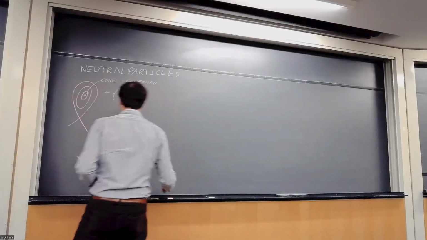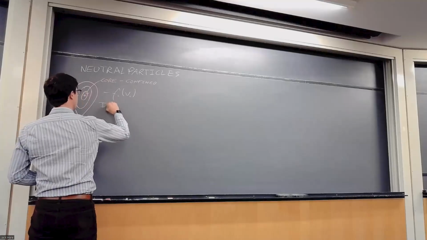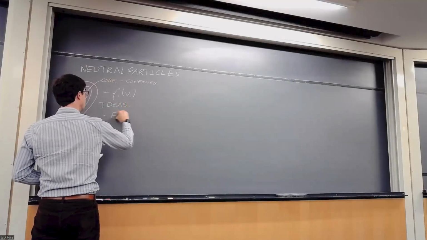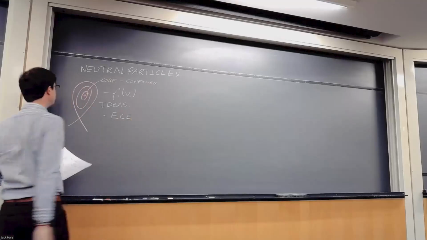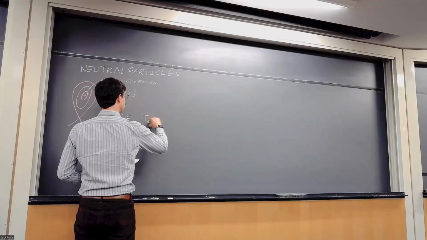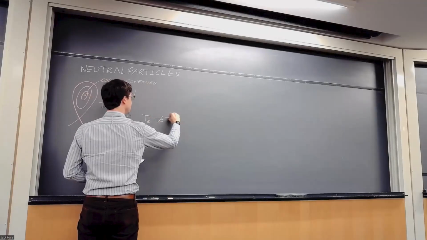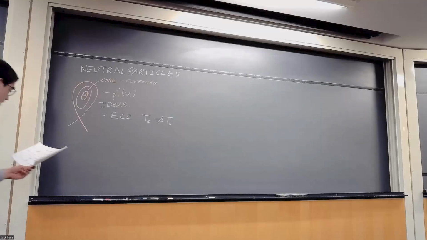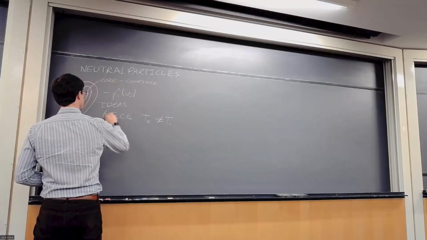Now, we have some ideas based on some of the other diagnostics we've looked at already. For example, we could use electron cyclotron emission. That gave us information about what's going on in the core. But this gives us a measurement of T_e, and T_e does not necessarily have to be the same as T_i. So that's not a very good diagnostic. We could do something using